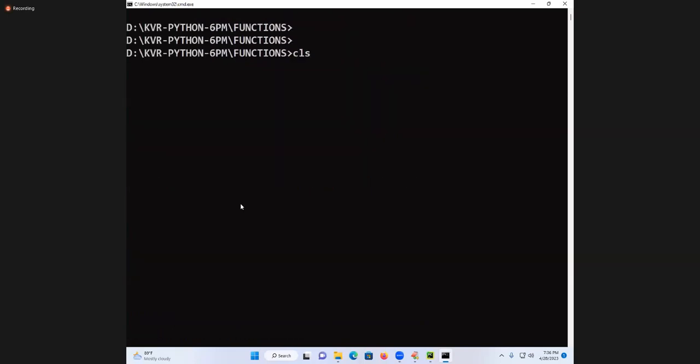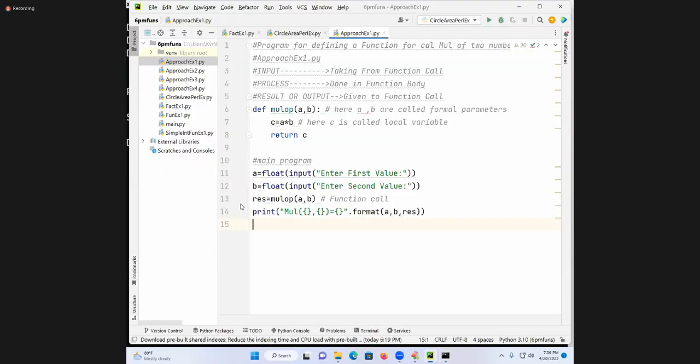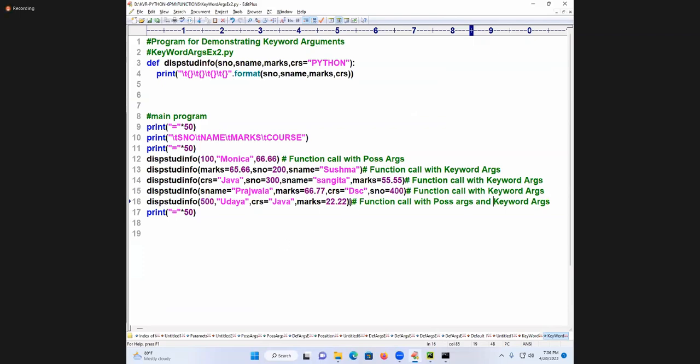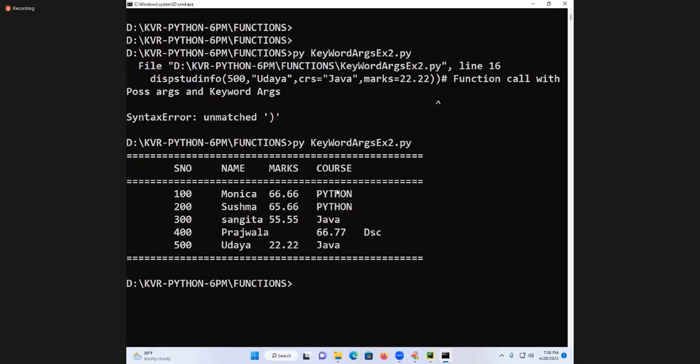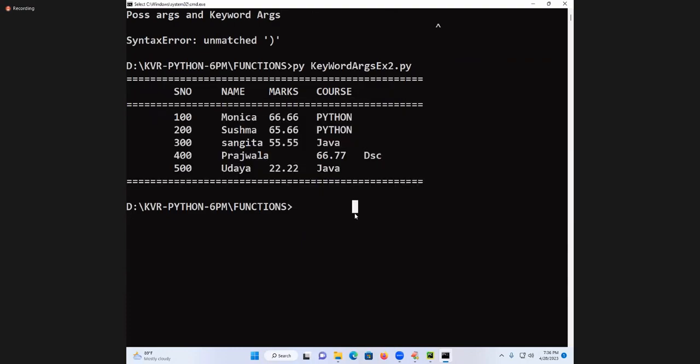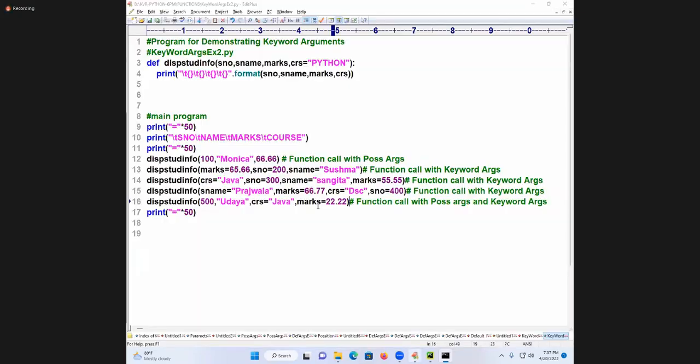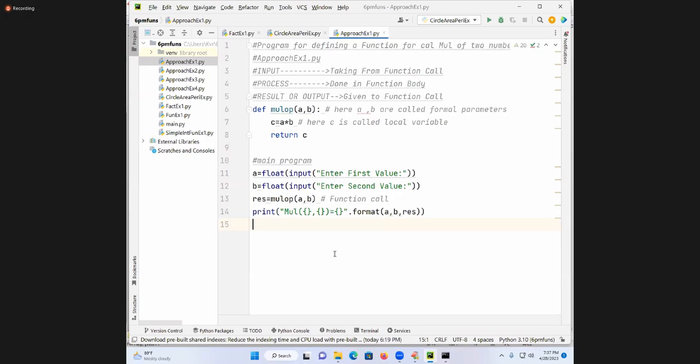So, got it. See, students, something is mismatching, one more bracket. Now you see, got it. Understand or not? This is about which arguments? Keyword arguments. I hope you are understanding the meaning of how to pass the data. See, yesterday's knowledge: A is passing to A, B is passing to B. Today, what is your level of passing the data? Any order, anywhere, I can pass it.